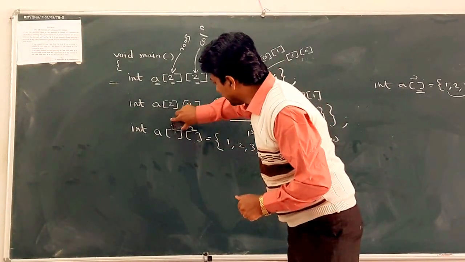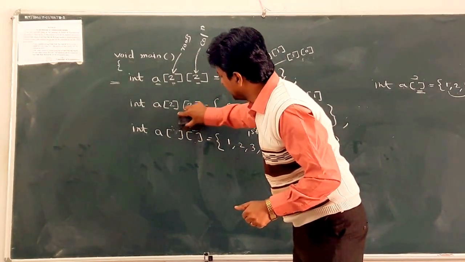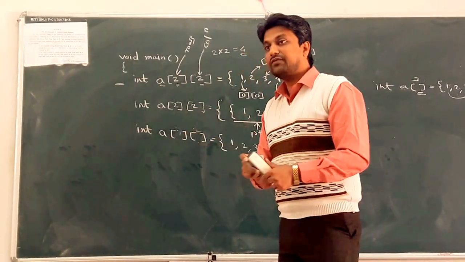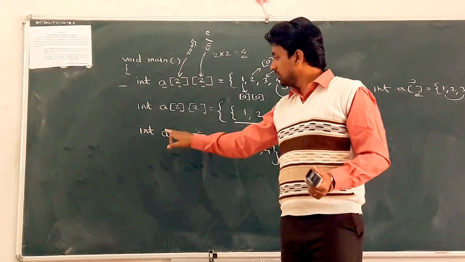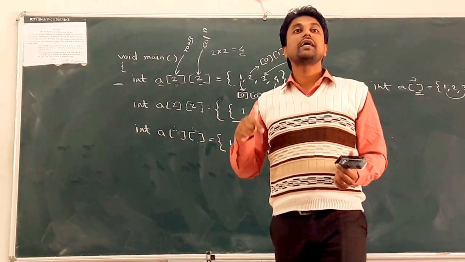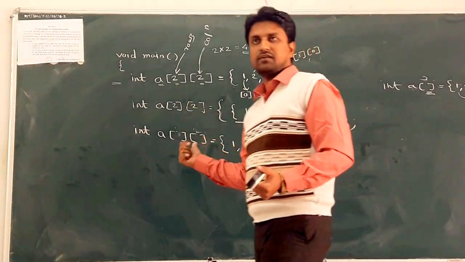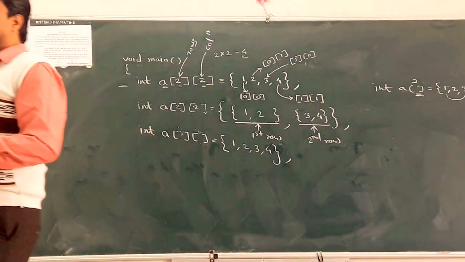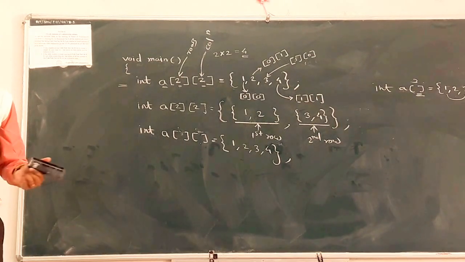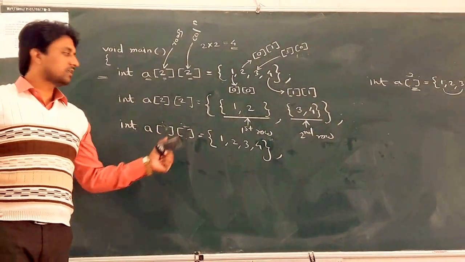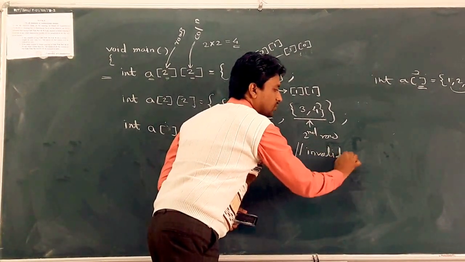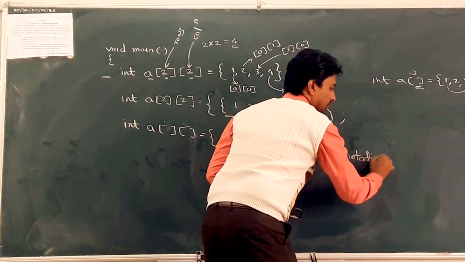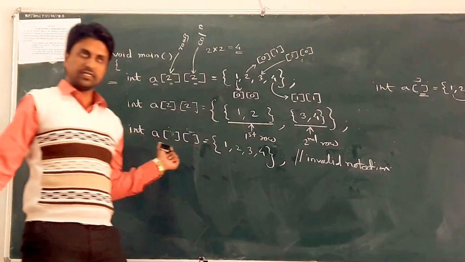So if in a two-dimensional or any multi-dimensional array there is no size specified for both subscripts, particularly in two-dimensional, then it gives you errors. You have to check it. At the time of practicals, you have to check whether it gives you an error or not. Okay, so it is invalid. This is an invalid notation for initialization of a two-dimensional array.